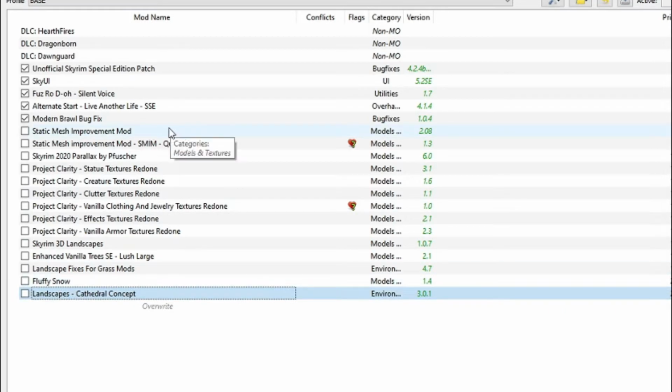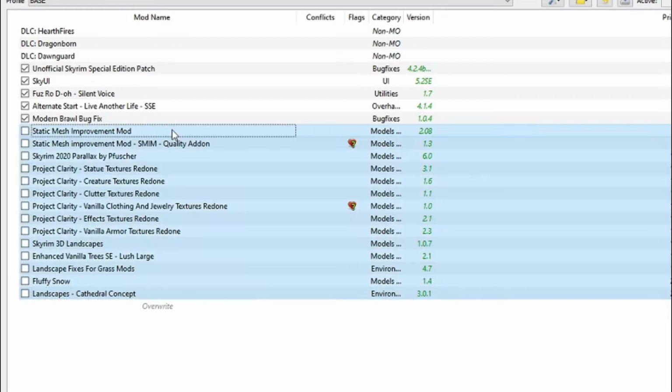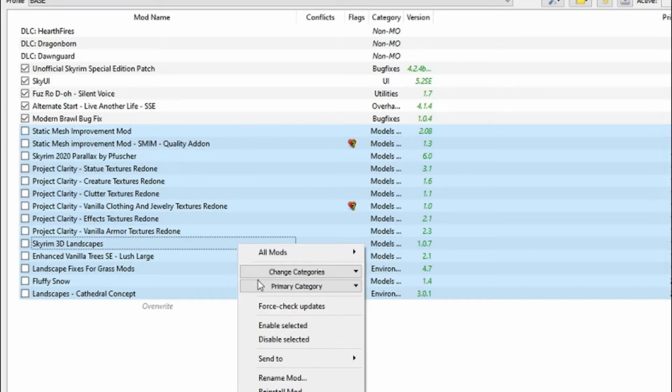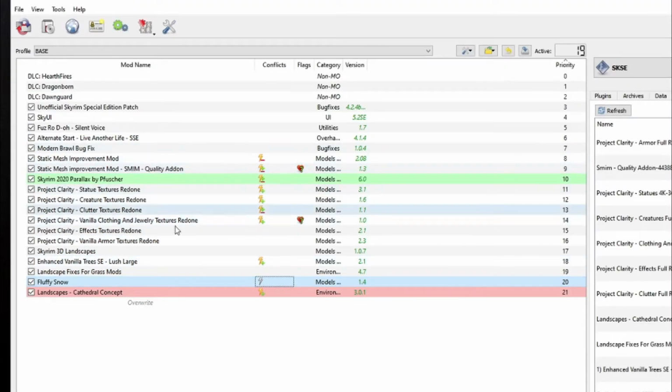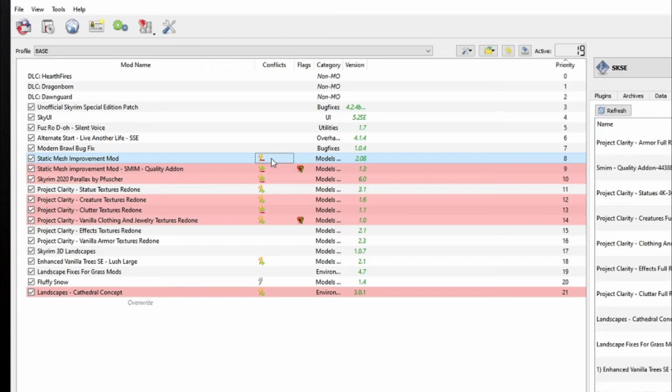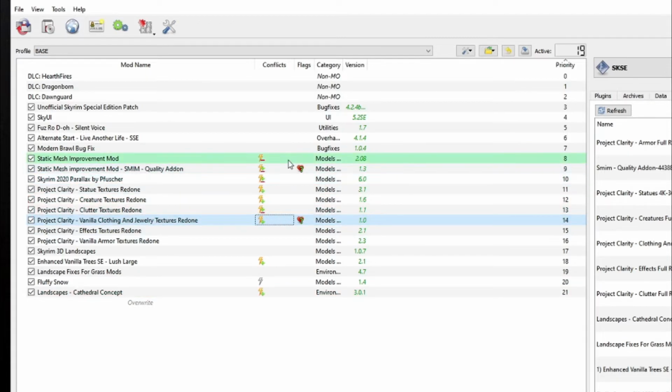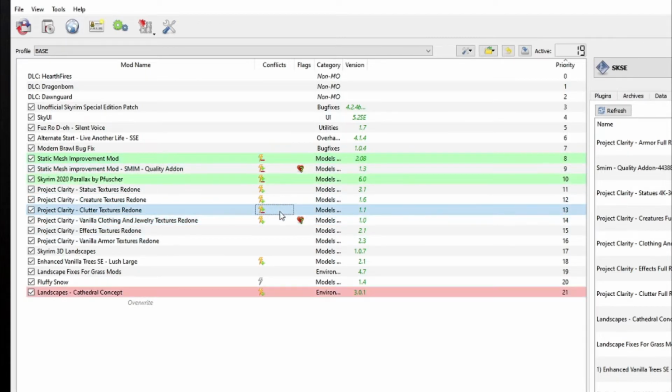all the way up to the top. Hold shift down and click on static mesh. Right click and enable selected. So here we can see what this basically means is the lightning bolt and the minus means that this is being overridden by something else, and we can see what's overriding it if we click on it. If we click on something with a plus, we can see what it overrides. If we have something with a plus and a minus, we can see what it's overriding as well as what